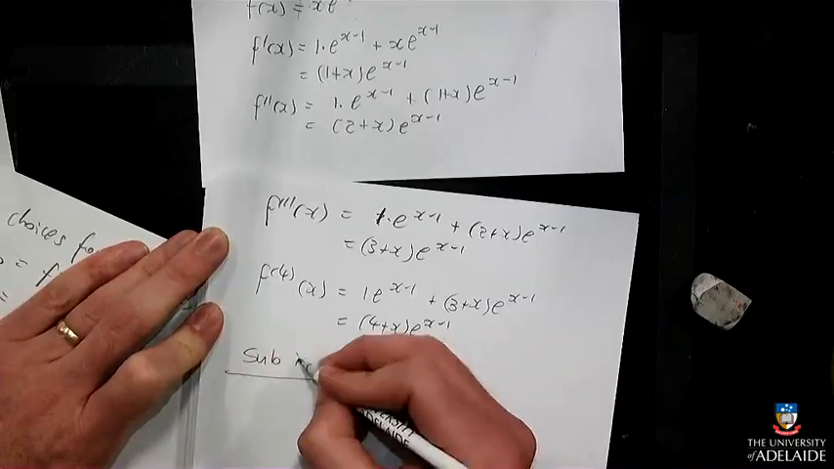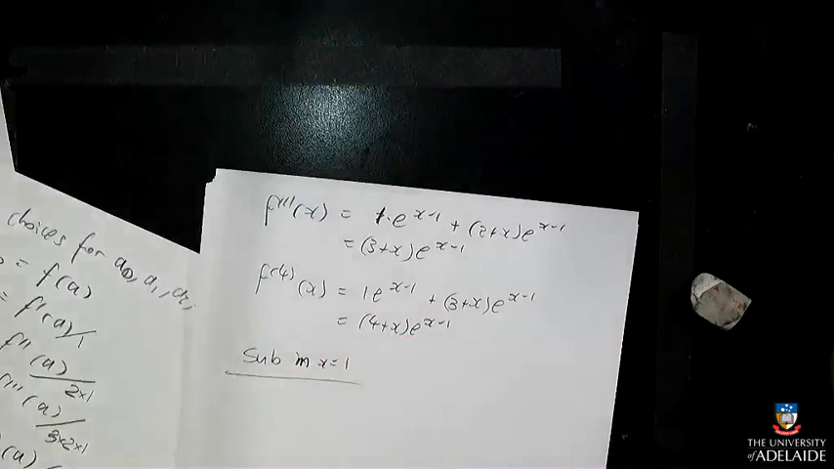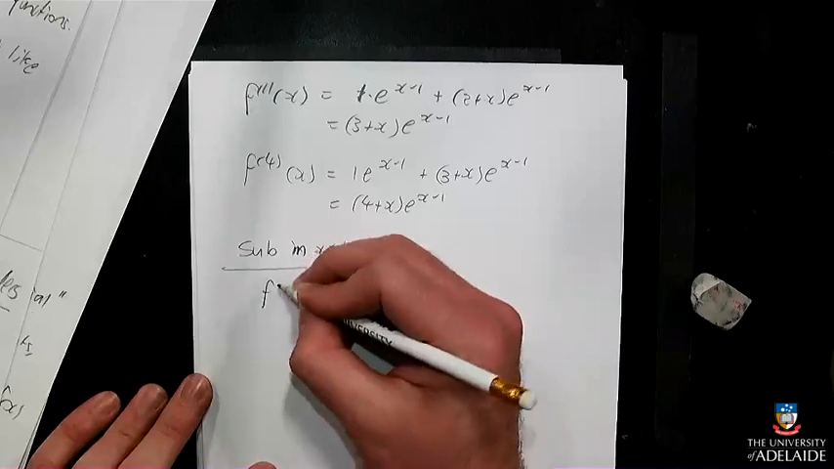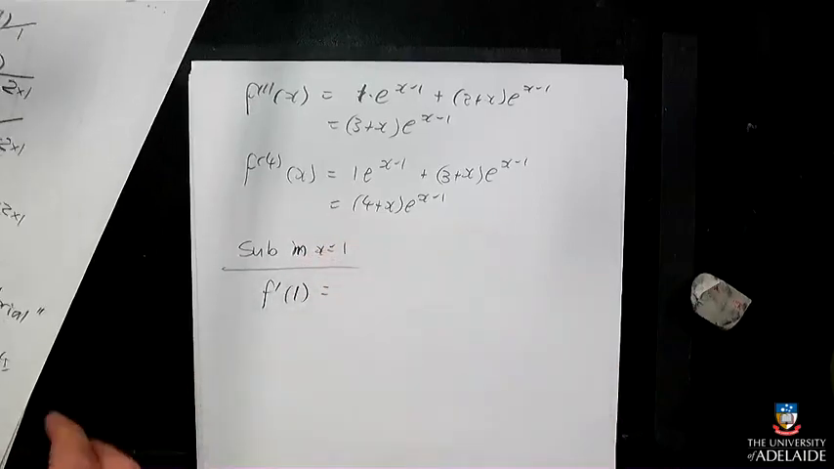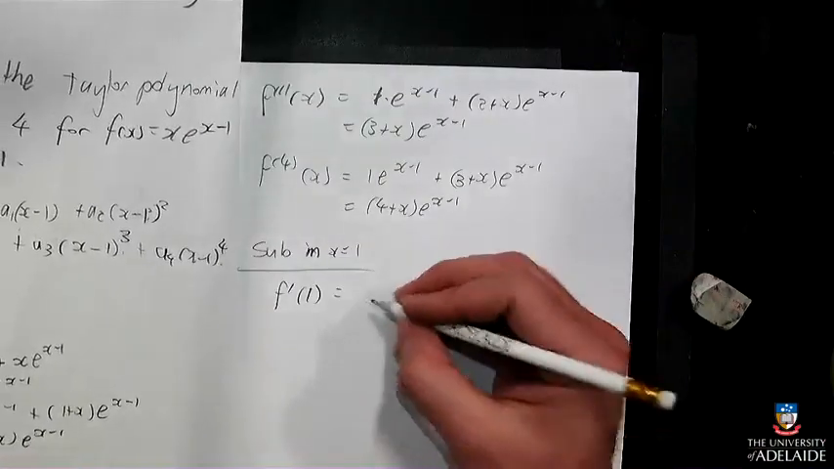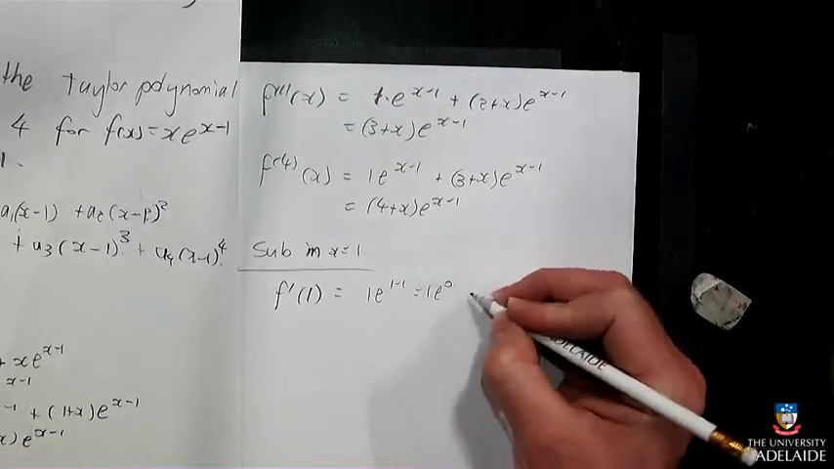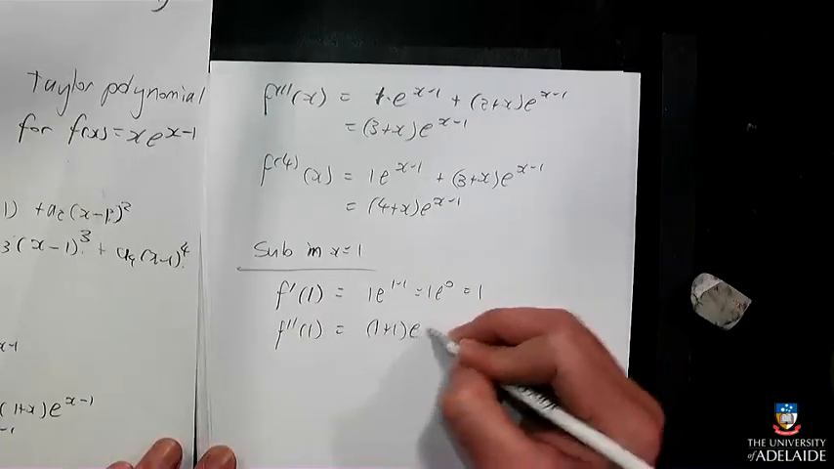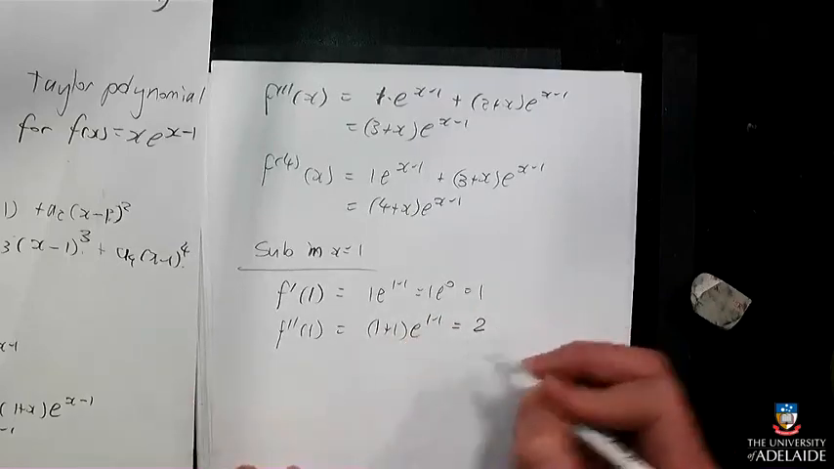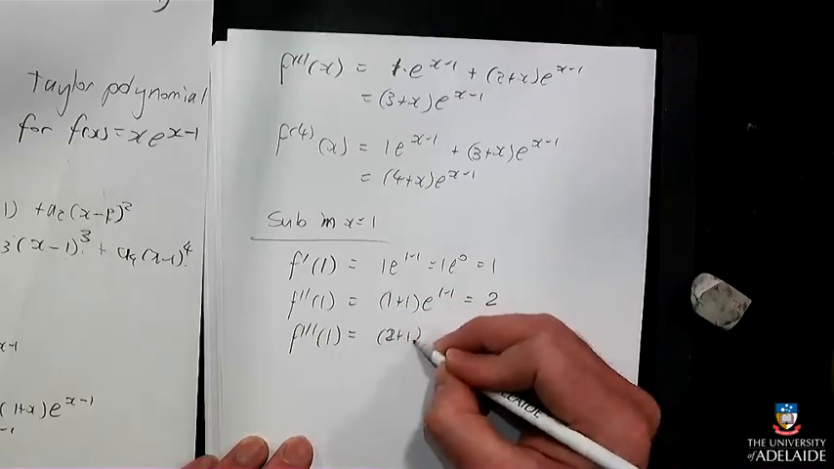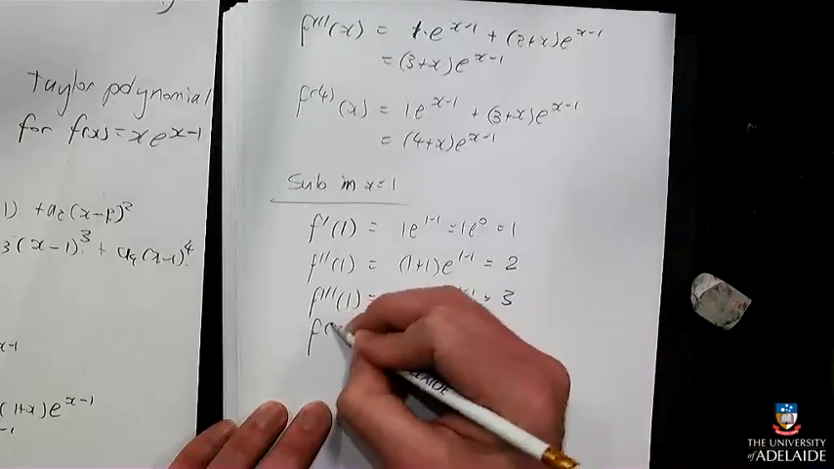So we'll have to substitute in, sub for short, x equals 1. And so that's going to give us f'(1) is 1 times e to the 1 minus 1, and e to the 0 is 1, and f''(1) is 1 plus 1, which is 2 times 1, which is 2. f'''(1) is 1 plus 1, 2 plus 1, which is 3, and,